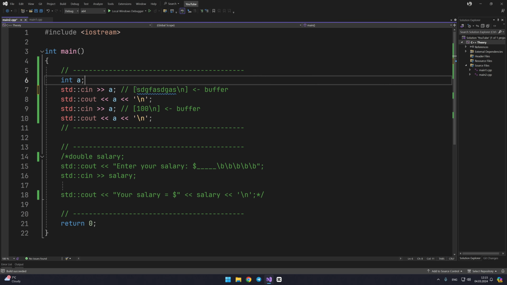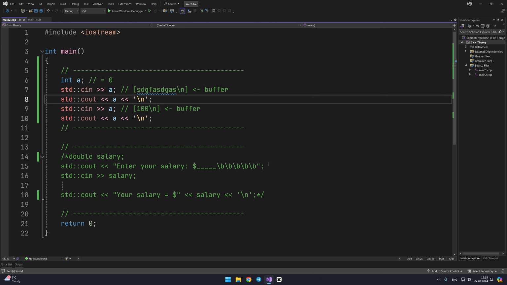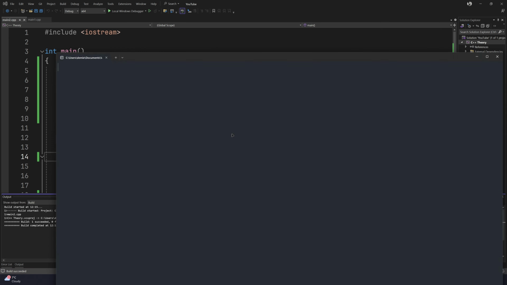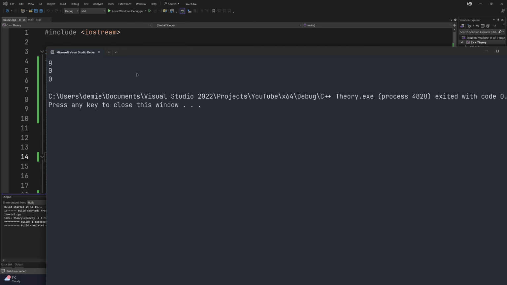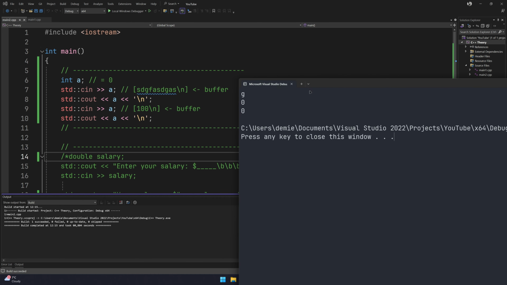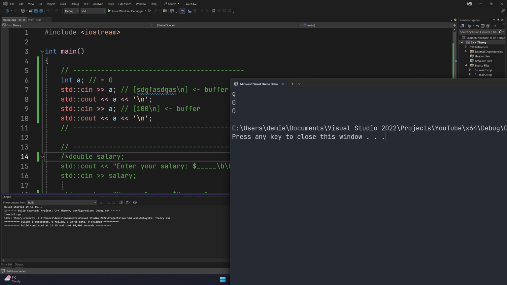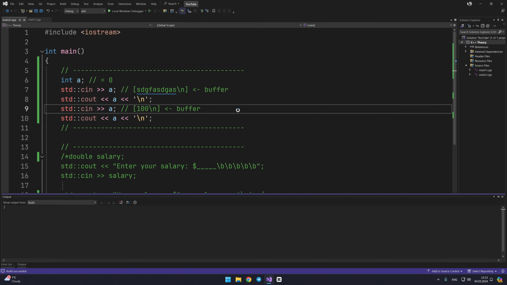It leaves the buffer full, it writes the value 0 to the variable itself, and it breaks. What does breaks mean? This means that you can't now enter other values at all. For example, if I write cin again and run it, you will notice that the second time it didn't even let me enter the values.